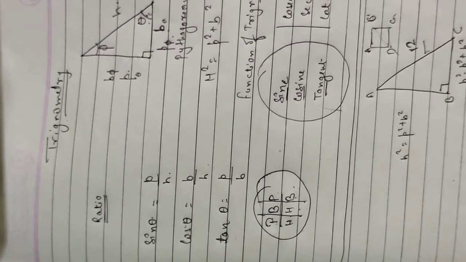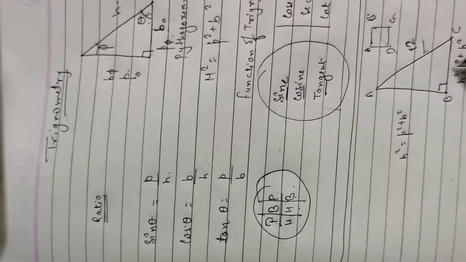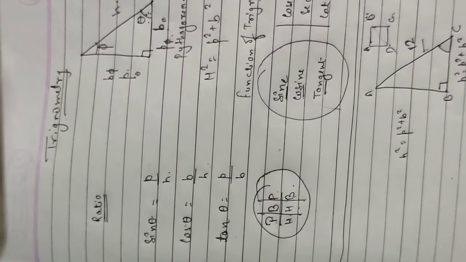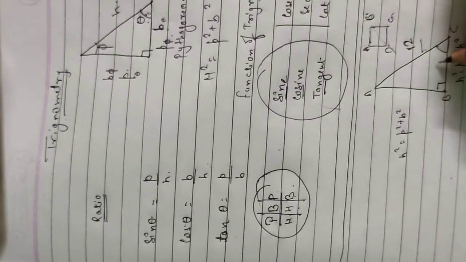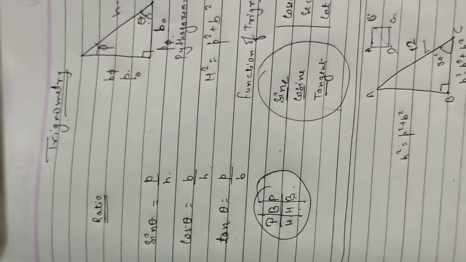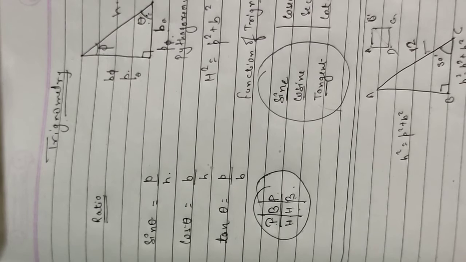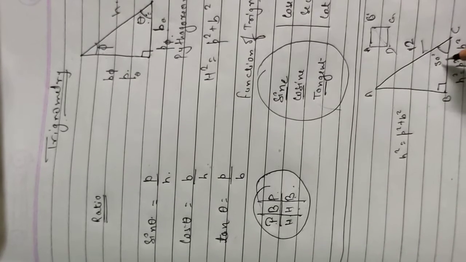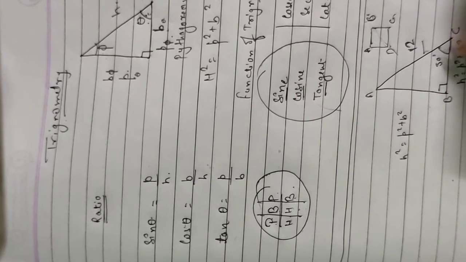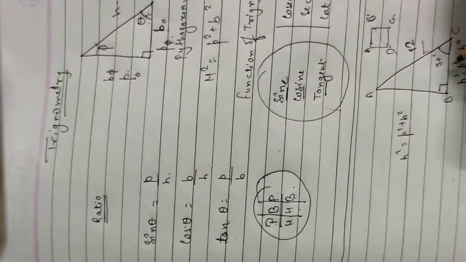Okay, but it will be possible if I give you an angle. If I give you this angle as 30 degrees, this will be possible. We will see this later on, not on ratios but on trigonometrical functions. So you will be able to solve this with the help of the 30 degree angle.